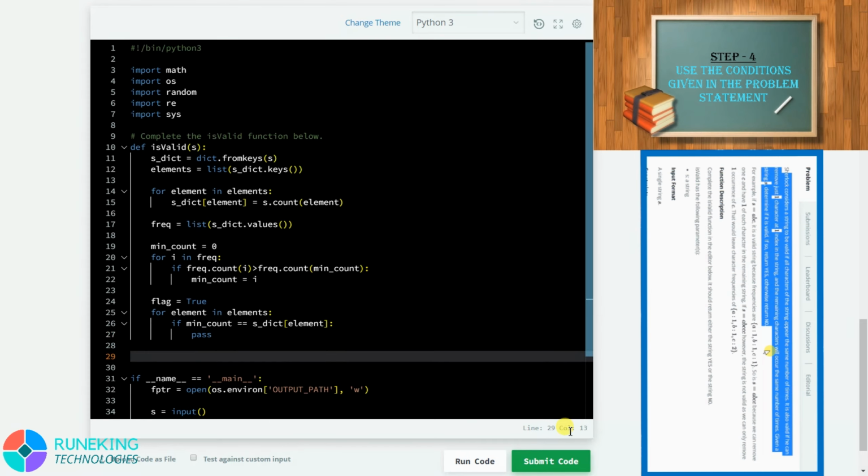Then our next step was to check if it is not so. That means elif. If it is not so, then we will use the second condition. That means we can reduce the occurrence of one element by 1 and check if all the elements are then common, and then we will return yes. So for this we will use if min count is equal to s underscore dict of element